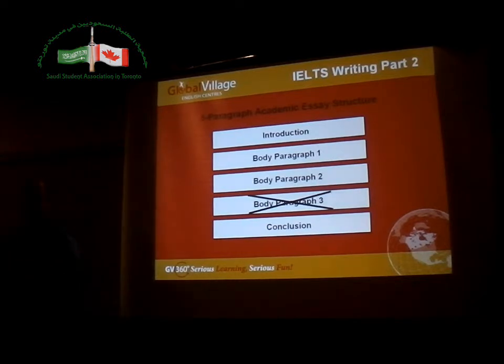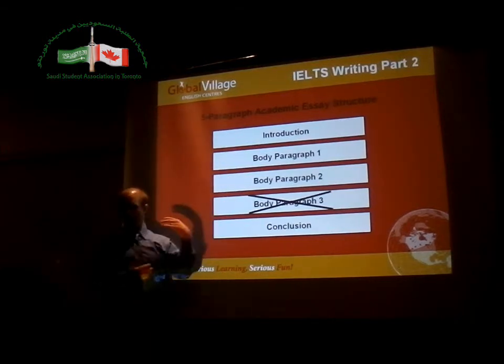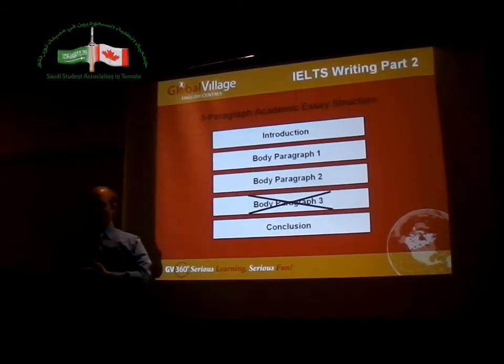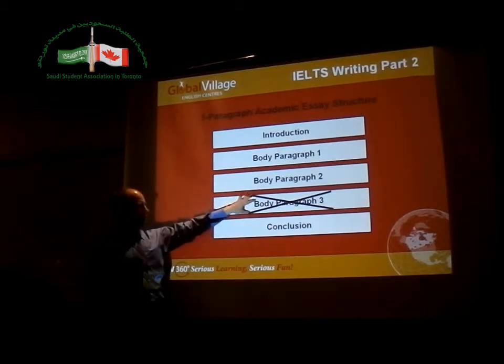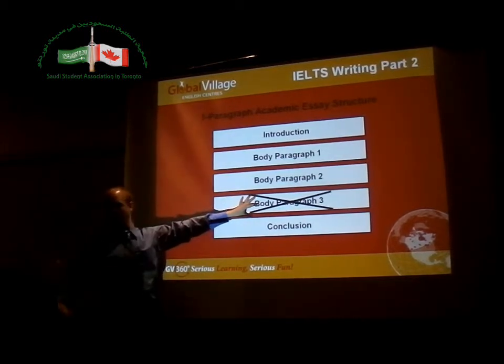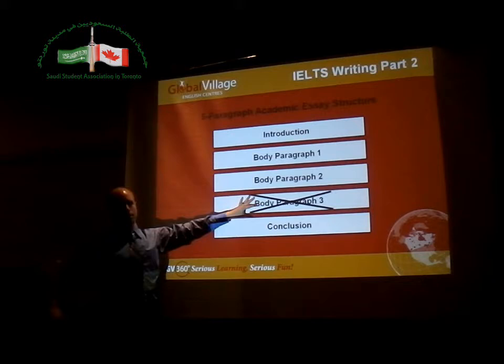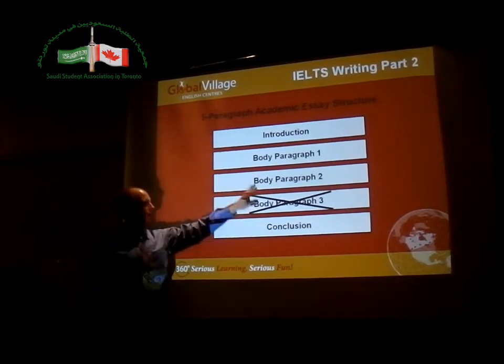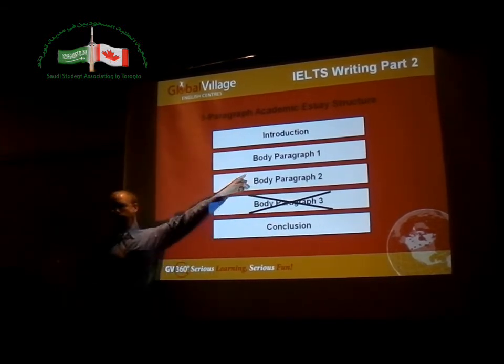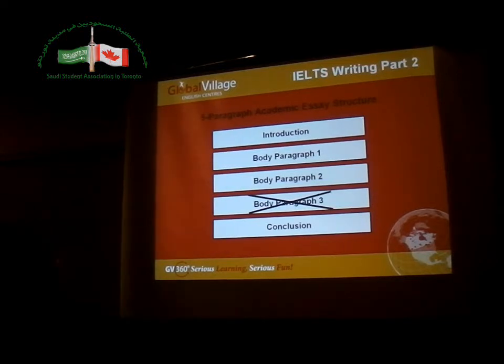Okay, let's take a look at an example question. Make sure you don't miss part of the question. There's always going to be more than one thing you have to answer. In this case: successful sports professionals can earn a great deal more money than people in other important professions. Some people think this is fully justified, while others think it is unfair. Discuss both these views and give your own opinion.